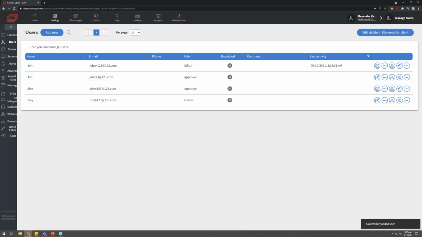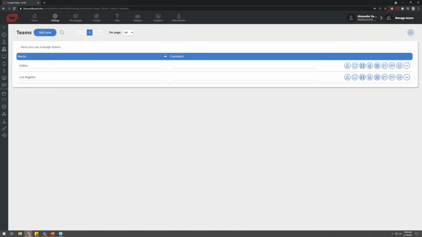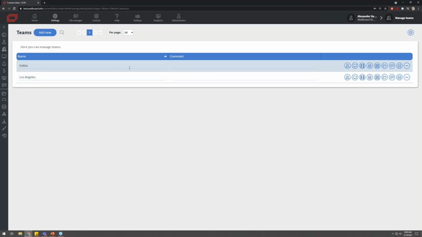The next step that I'll do is navigate to our teams, which is located right below our users. From here, this is where we're going to be able to manage, create, and really just take control of these individual teams and their ability to get all the information that they need, and of course, create as many as you need. So in this instance, either I can click add new to add a new slot and then create a new team, or I can go into an existing team and choose what they control,